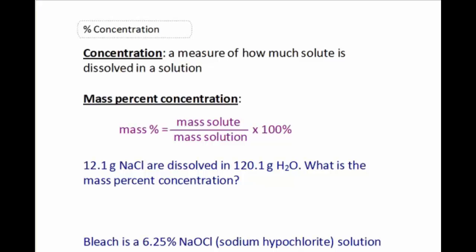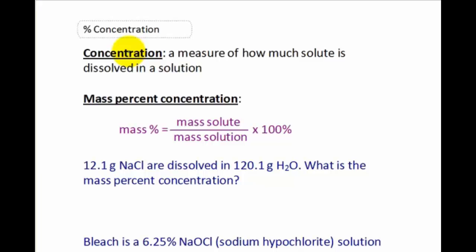So concentration is just the way that we measure how much solute happens to be dissolved in a solution. And we all know about concentration, right? A solution can be either concentrated or dilute. That's the difference between strong coffee and weak coffee, right? You can get a concentrated cleaner, which you have to add water to dilute it to its proper